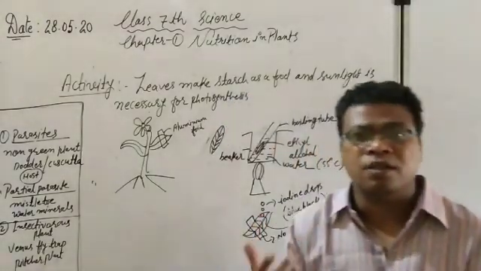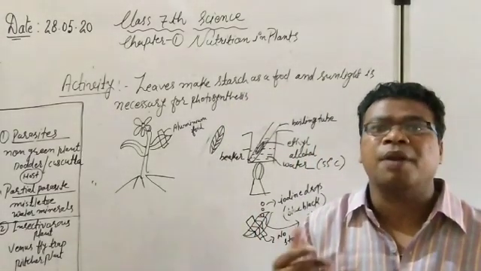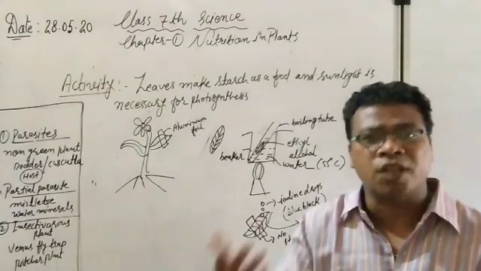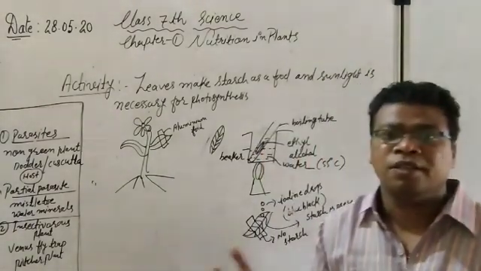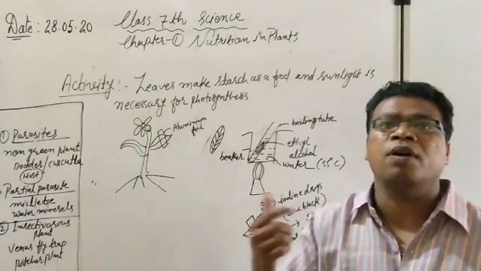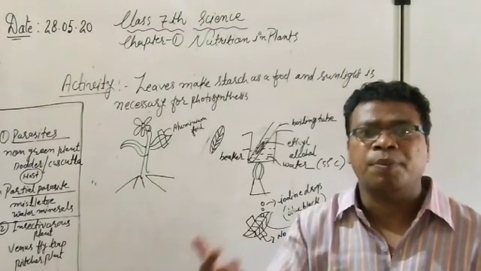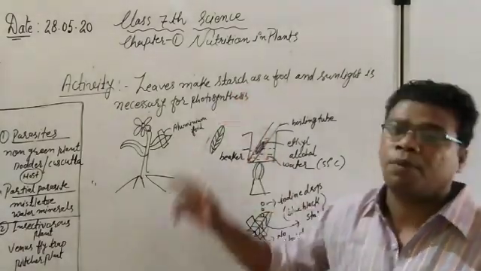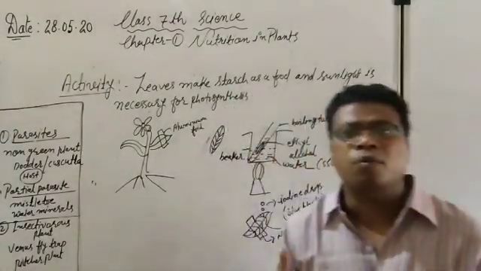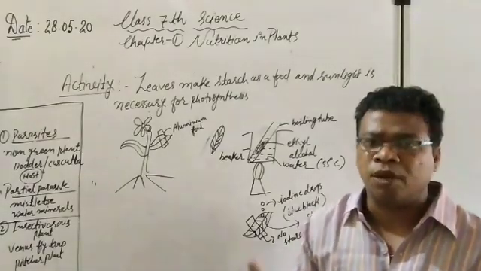So what is the food that the plants prepare? Actually, they make starch. Last time we saw that starch is stored in the form of glucose. First they prepare glucose, after that it is converted into starch. It is also part of the carbohydrates, and we also know the formula, that is C6H12O6.